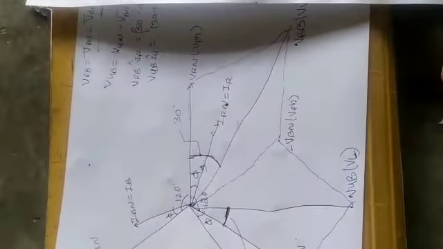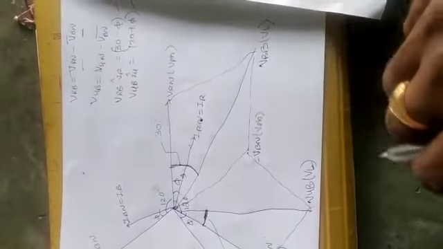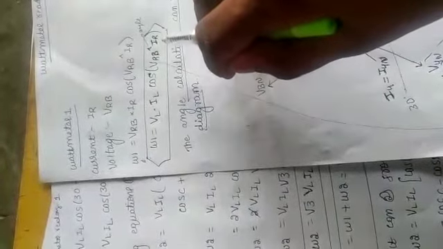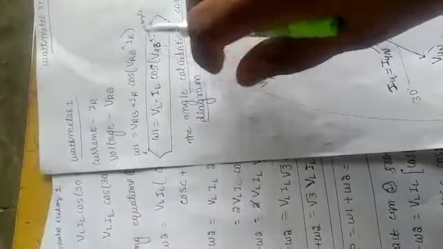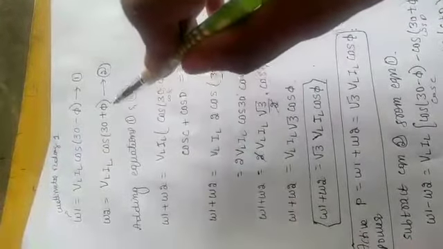Then later on what you have to do here is apply, so wattmeter 1 is nothing but VL IL cos(30 minus phi), okay, because wattmeter 1 is VL IL cos of the angle between VRB and IR, meaning cos(30 minus phi), and here wattmeter 2 is VL IL cos(30 plus phi).